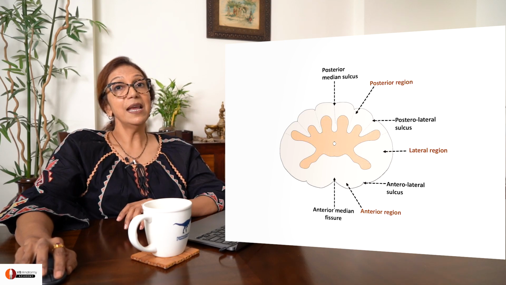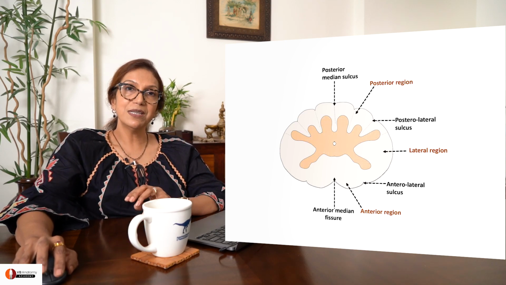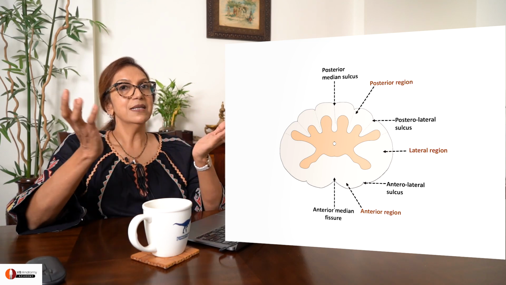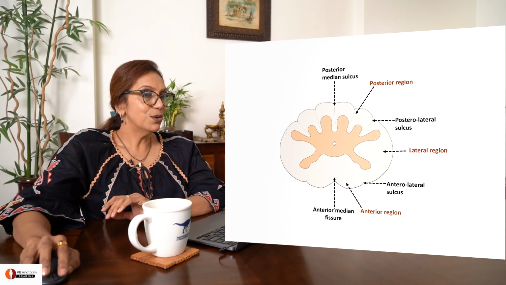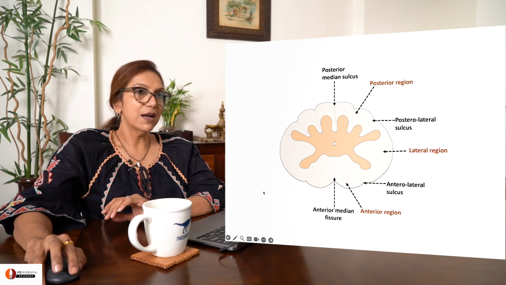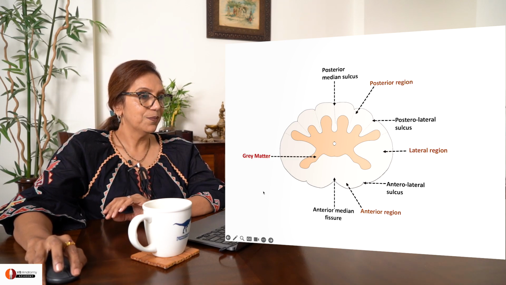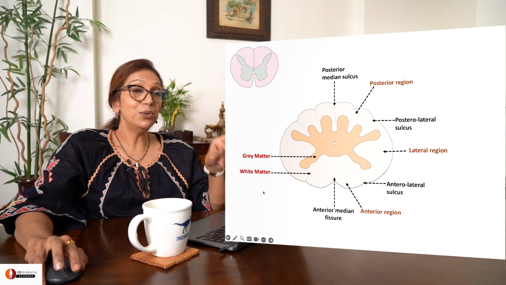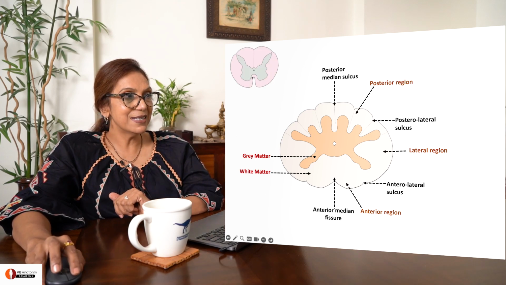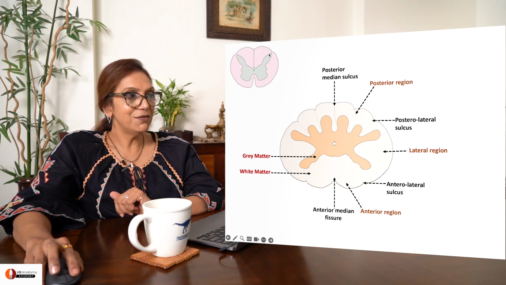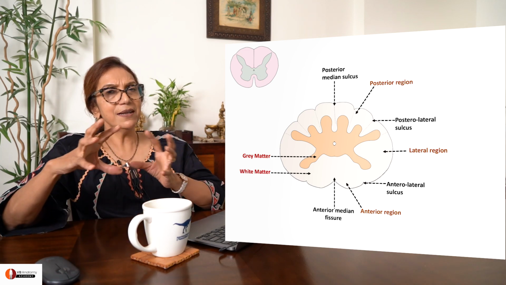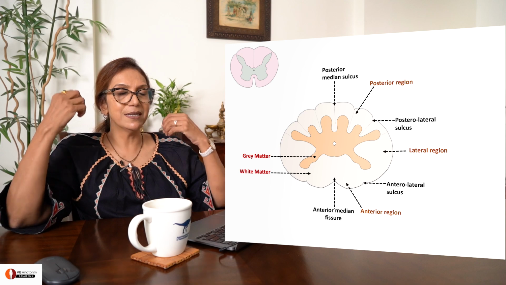Now let's add the gray matter to it. Remember, around the central canal in the spinal cord also there is gray matter surrounded by the white matter. So here is your gray matter surrounded by the white matter. Are you okay up till here? So you can compare it to this spinal cord. You can see central gray matter, peripheral white matter, and the central canal in the center. The gray matter is a little bit modified, which we will be discussing.